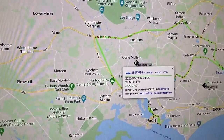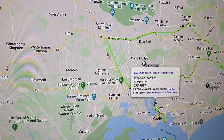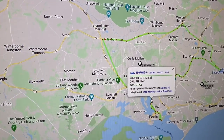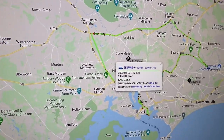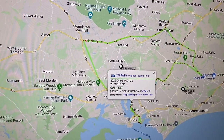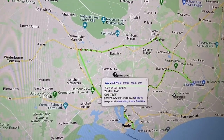Well, I would say if you're considering getting a 2m/70cm handheld, have a look and see whether you've got the budget for APRS and GPS being inside of it, because I think it's a really useful feature. Here I've used it obviously on my camper van driving around, but if you're out somewhere